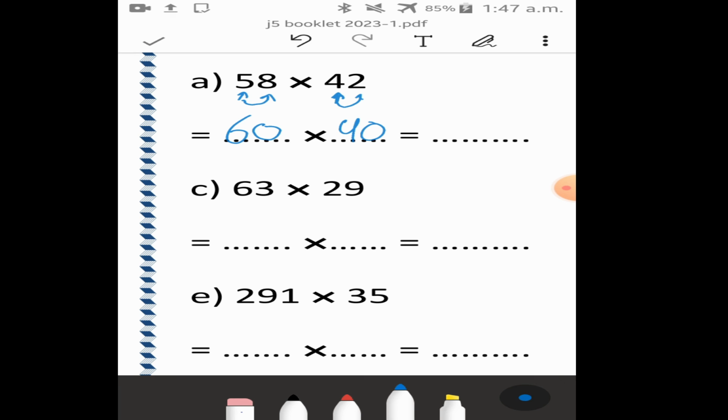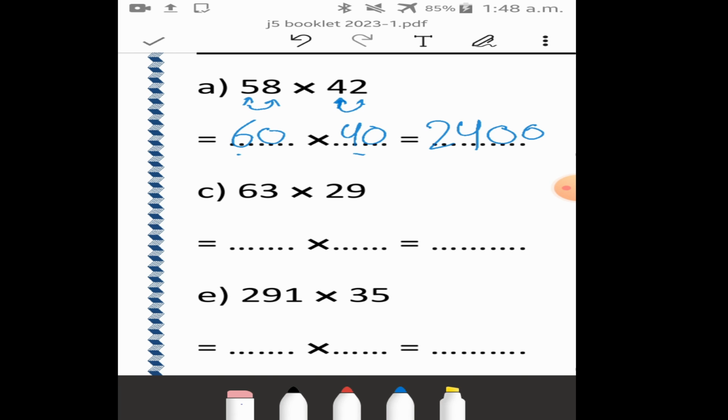So now 90 times 40, collect the two zeros and multiply. 9 times 4 multiplication, and now multiply. 9 times 4 will be 36. So here we multiply by using estimation. Another example here,